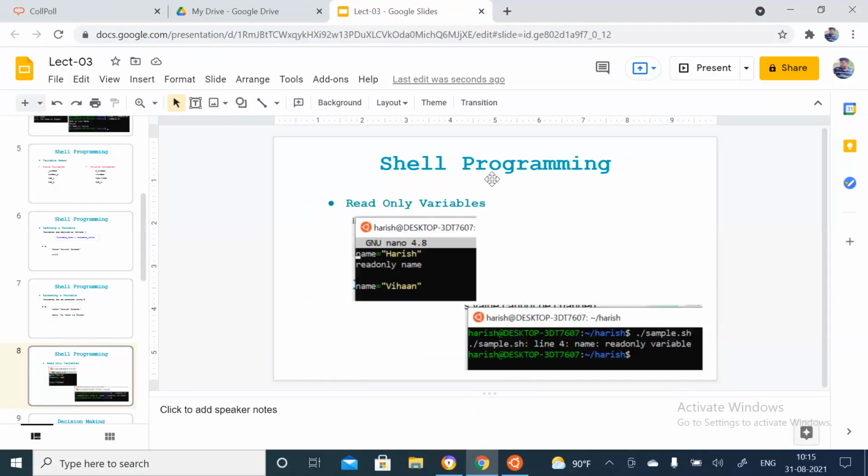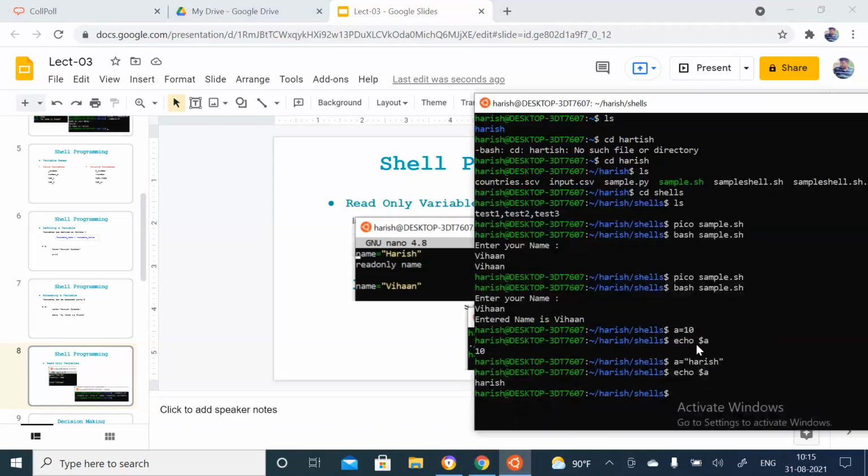Now we'll see read-only. As I said in the previous example, I updated a from 10 to the string Harish. Suppose I use a read-only variable: a equals 10, readonly a, and then a equals Harish.